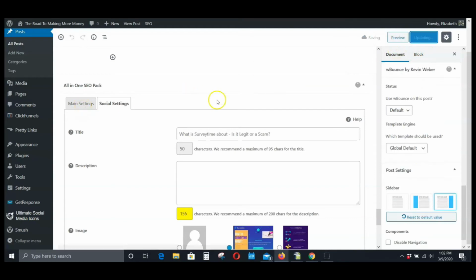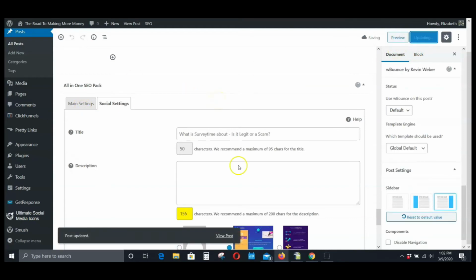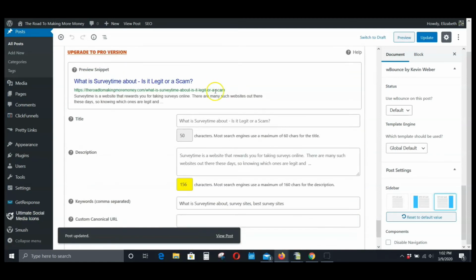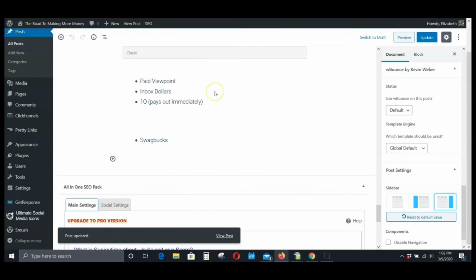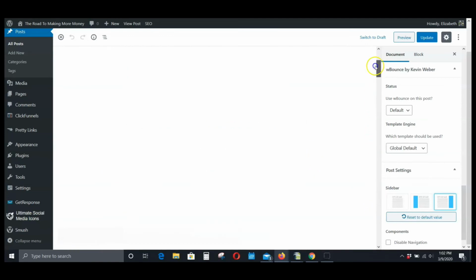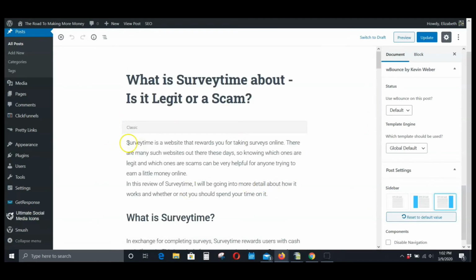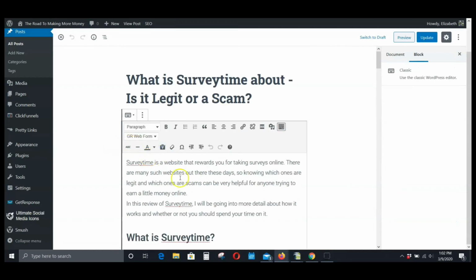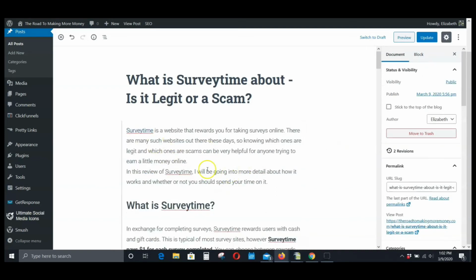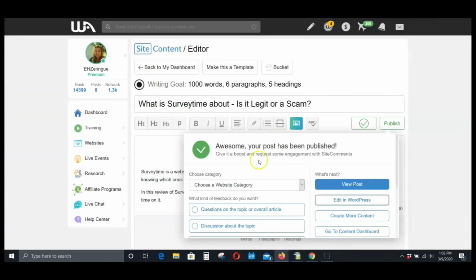And this is a super simple platform to use. I'm not really going to go into all the details as far as WordPress and how you do certain things. For instance, if you were going to add a link, you just highlight, add link here, boom. I'm not going to go ahead and do that. I've already added the links within Site Content,